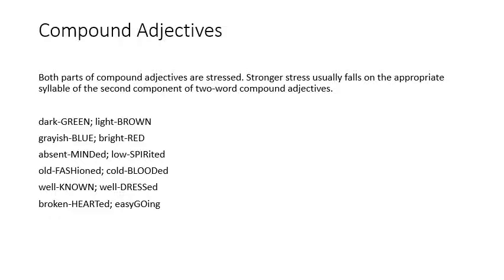Let's see some examples. I have adjectives like dark green, stress on green. I have light brown, grayish blue, bright red, absent-minded. As you can see, in the word minded, the stress is on the first syllable of the word itself. I have low-spirited, also with stress on the first syllable of the capitalized part. I have old-fashioned